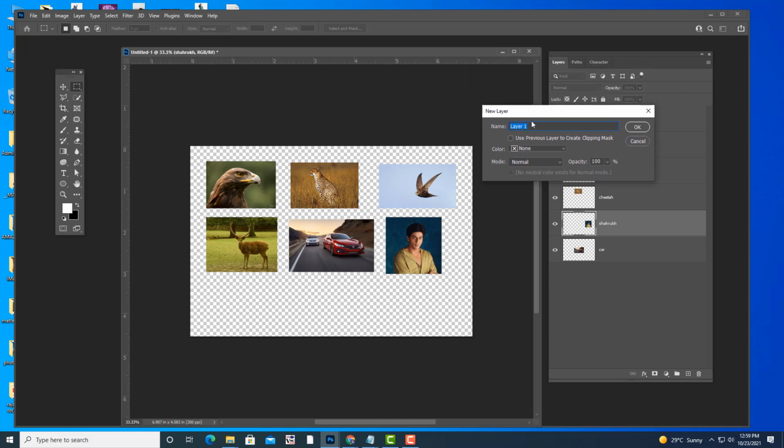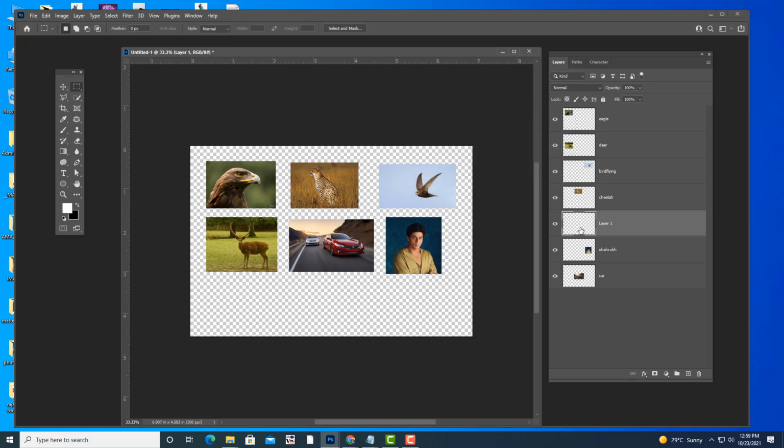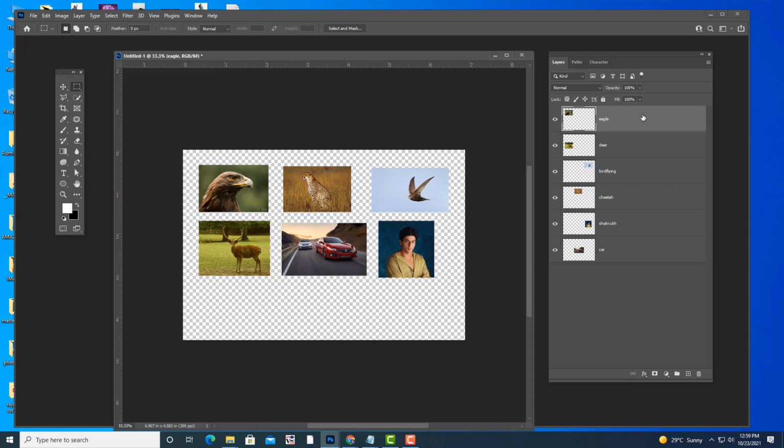And what is that new layer? It is actually creating an empty layer. Nothing is there in that layer, but we can put images or text content or whatever in that layer, and I will show you how. One more thing I want to tell you: when we create a group, we can also delete the group. For example, let me create that group again. Say I select these two, Ctrl+G, and we will name it birds.